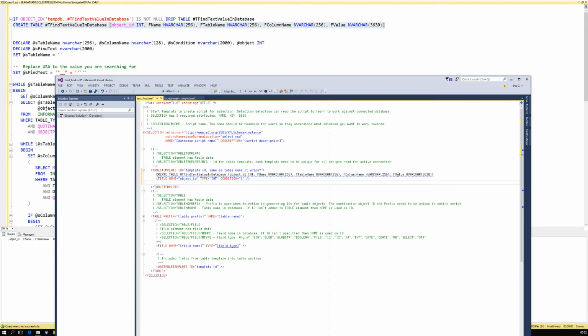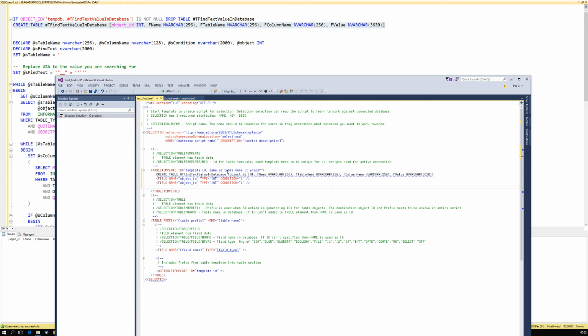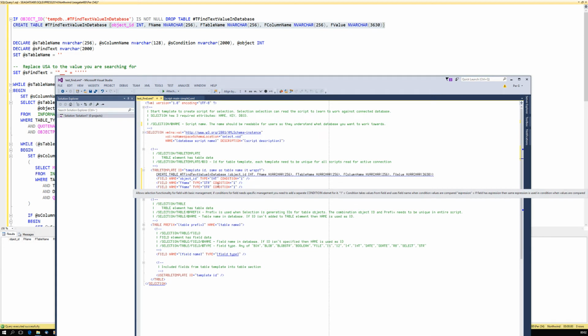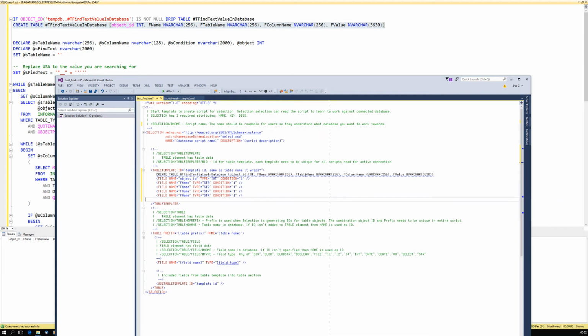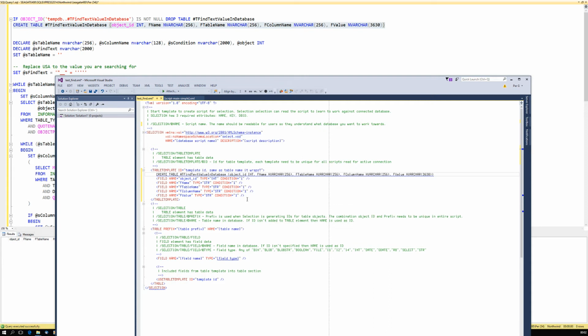Now we should do the same for those columns, and instead of creating them, we can do one first. There. But this